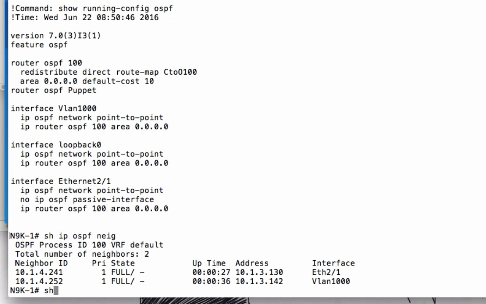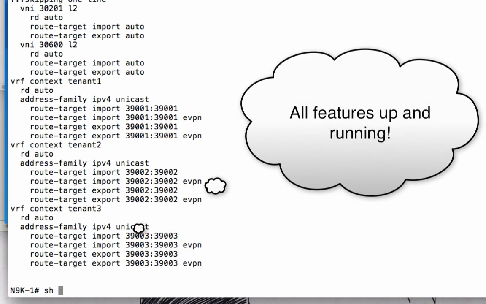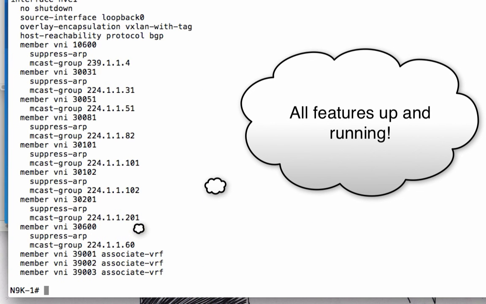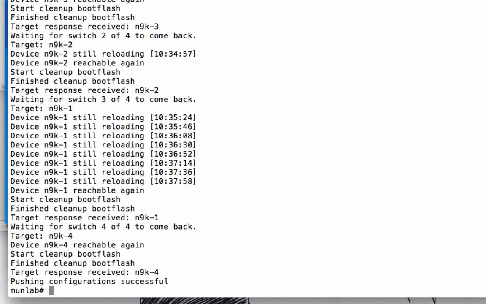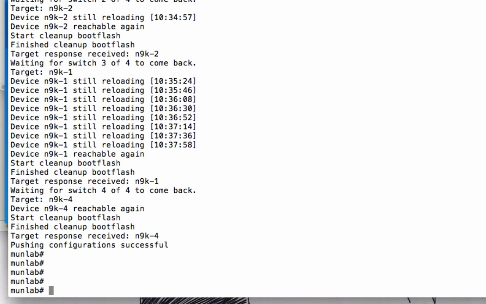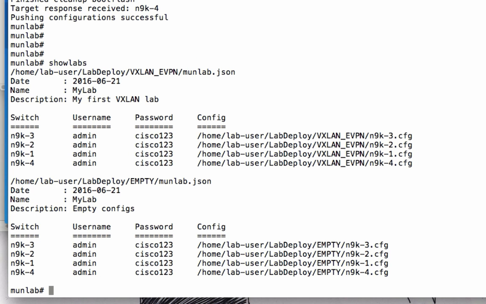This is a switch that we checked at the very beginning, the switch number 1. VRFs are there, BGP is there, the BGP adjacencies are there, VXLAN overlay config is there. So I hope this gave you an example of yet another use case for which you can use NX-API in order to deploy